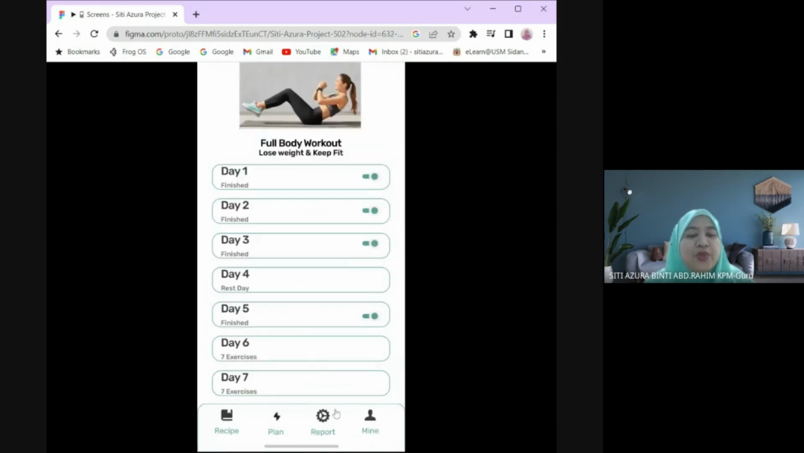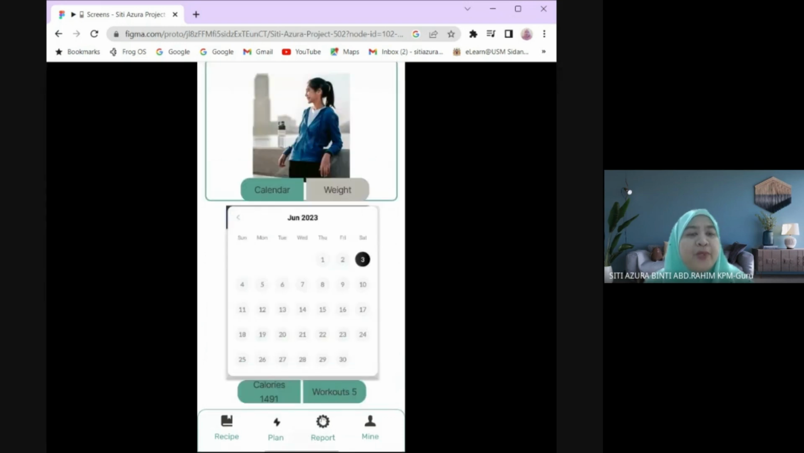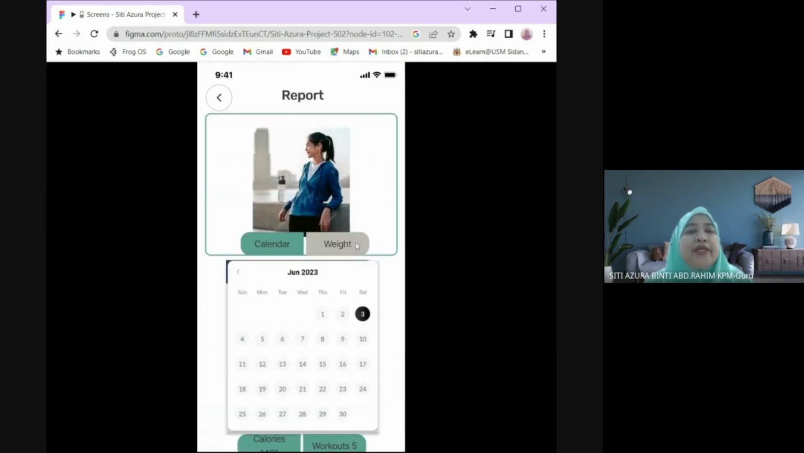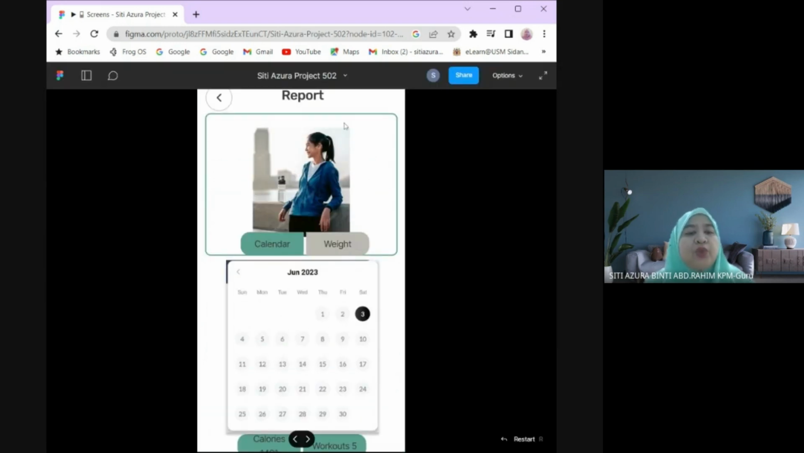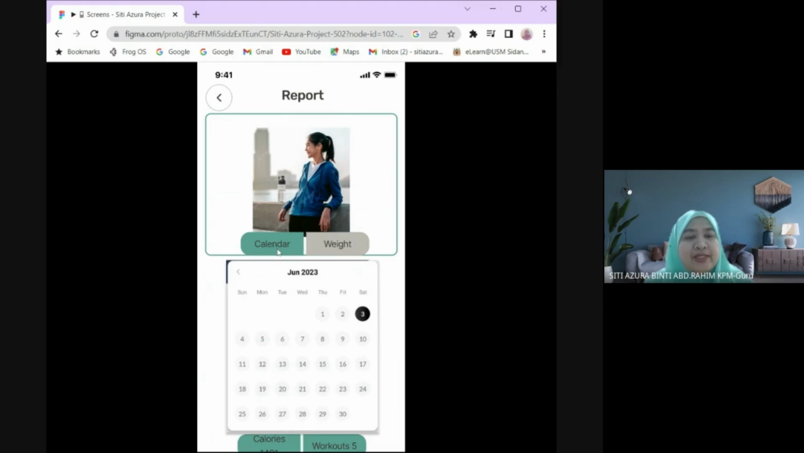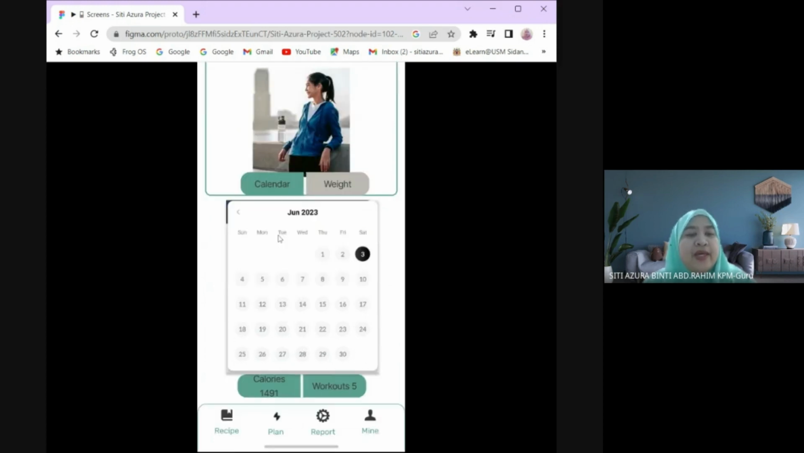Okay, next we can go to the report menu. So under the report menu here, there are two types of report, that is the calendar report and the week report. Okay, under the calendar report, there will be a report about calorie intake and the workouts that have already been done by the user daily. Okay, under the week report,